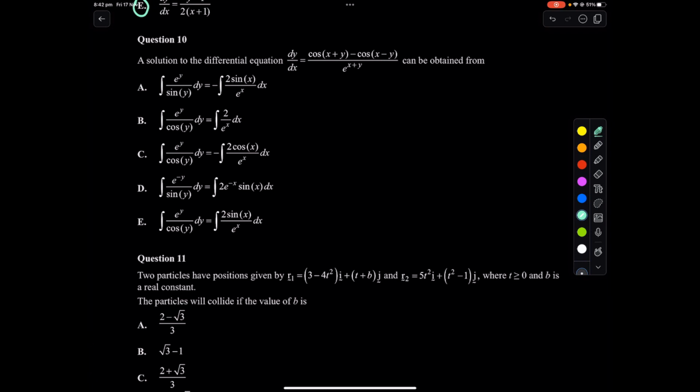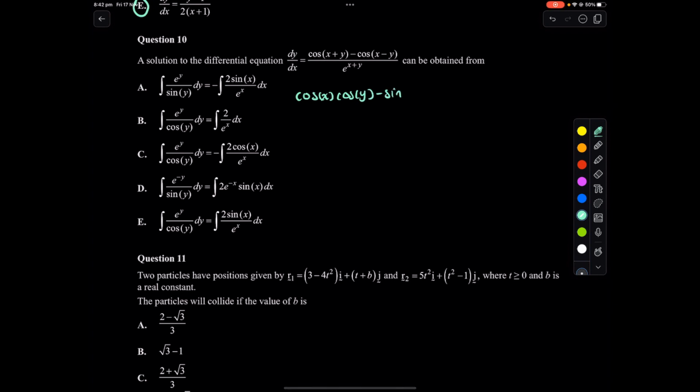A solution to this differential equation, dy dx is this, can be obtained from what? Okay, so I'm just having a look at the answers. I know that these y are being split, so I think we'll split these apart. And they're all in terms of x, and not in terms of x plus y. So I think we'll use our compound angle formulas to separate these. For example, cos(x plus y) minus cos(x minus y). What's that? So cos(x plus y) is just going to be cos x cos y,